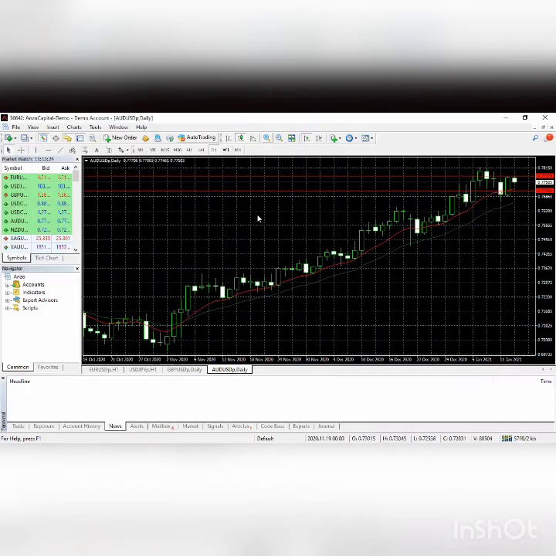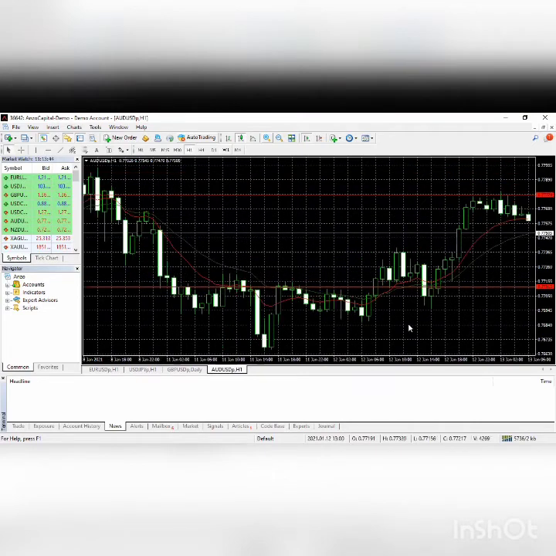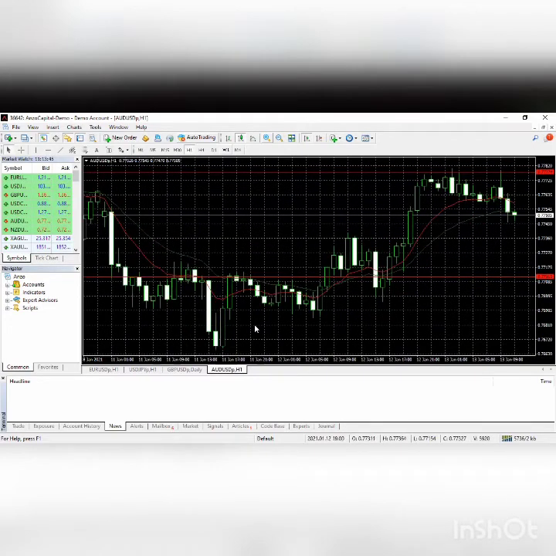So, paano ko siya pinasok? Paano yung naging entry ko? So, una kong ginawa is sinilip ko muna siya sa hourly. And ang nakita ko, usually gumigising kasi ako during this time ng mga ganitong oras dito. Yan, dito tayo usually gumigising, no? So, yung pagkagising ko, nakita ko na